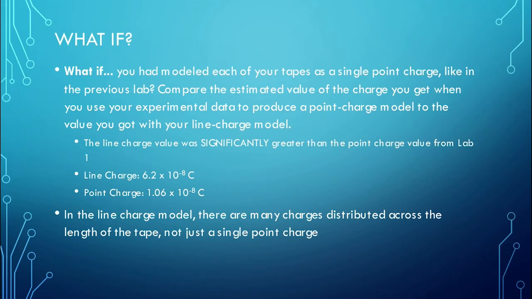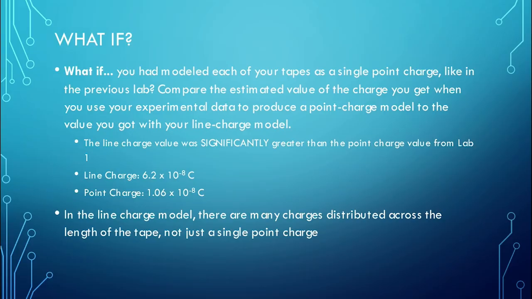Moving on to the what if question. The line charge value was significantly greater than the point charge value from Lab 1. The line charge value was found to be 6.2 times 10 to the negative 8 coulombs, while the point charge value was found to be 1.06 times 10 to the negative 8 coulombs. In the line charge model, there are many charges distributed across the length of the tape, not just a single point charge, which could be the reason for the